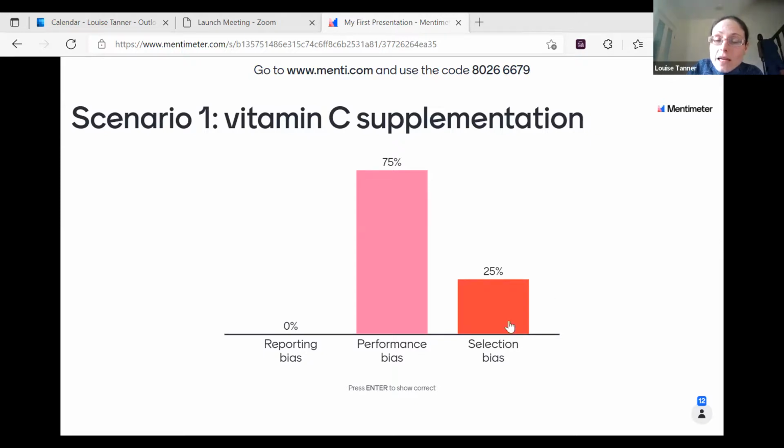So he randomly assigns people to either get vitamin C tablets or placebo tablets, but people guess which group they're in, and people in the placebo group, because they know they're not getting vitamin C, want to supplement their own diet. So they start consuming more fruit and veg. That means both groups are having an increase in vitamin C, which can mean that the vitamin C tablets will seem less effective because the control group are also potentially having fewer respiratory symptoms.